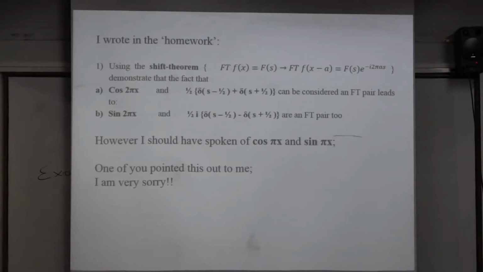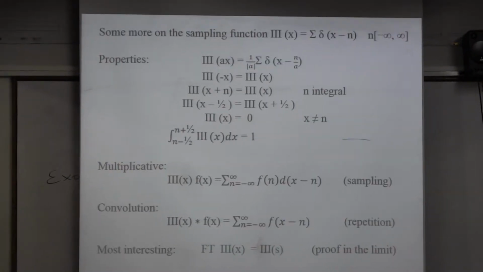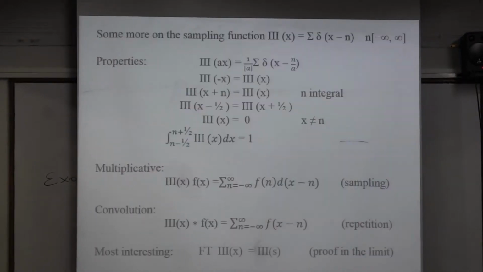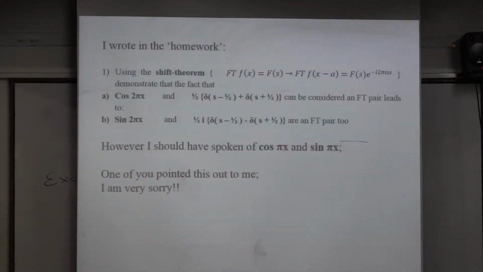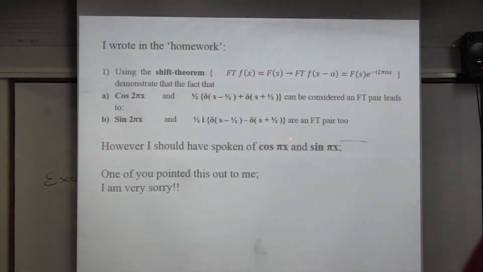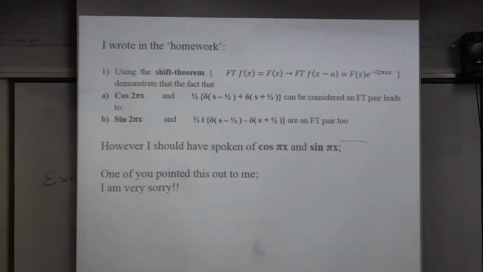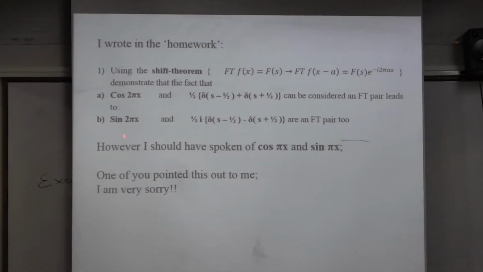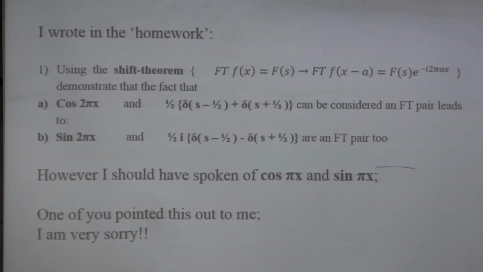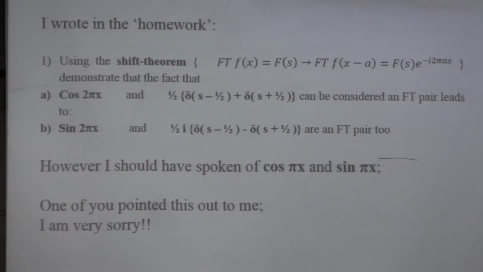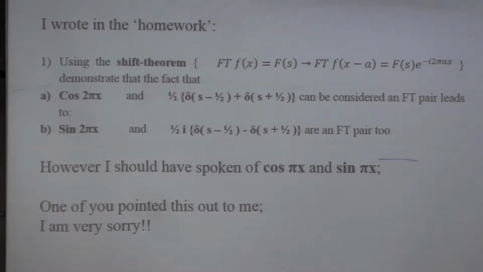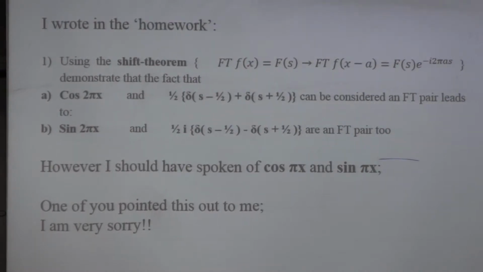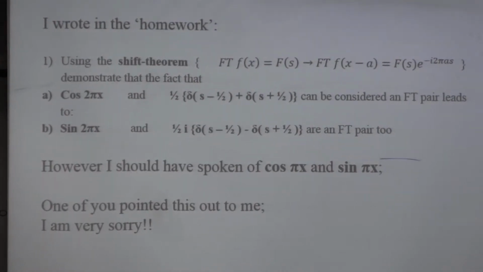cos and sine of, no, come on. There we are. Cos of pi x and sine of pi x rather than the 2 pi x there. And therefore, the 2's here and the halves don't fit together. I'm very sorry, and some of you must have spent a lot of time just finding out that I did it wrong. I'm very sorry, that's the wrong way of spending your time.